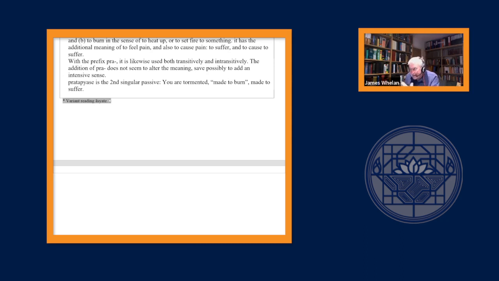Kim karishyase, kim. So how is he sitting? If there are two variant readings, asyase, asyate, I prefer the asyase because it feels more logical. How can you be sitting like that in a state of great composure? However, to be an honest scholar, I've just pointed out that there is a variant reading.